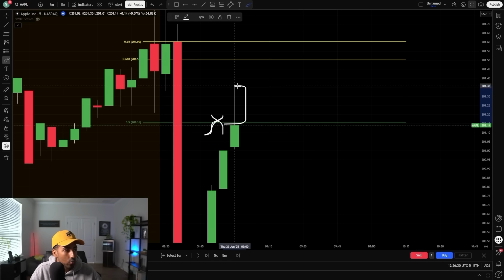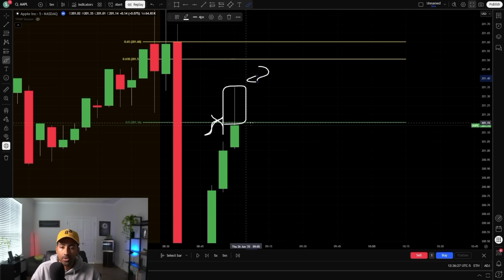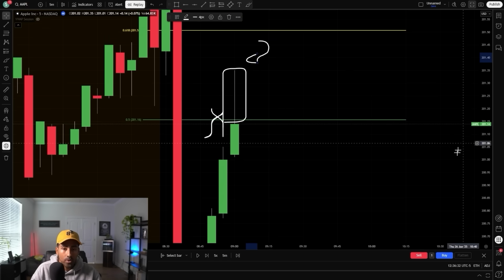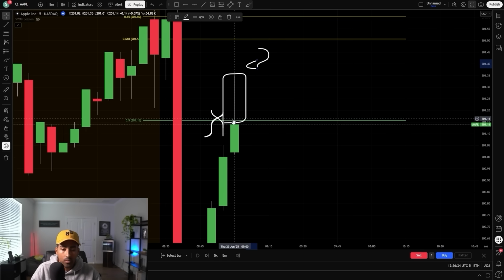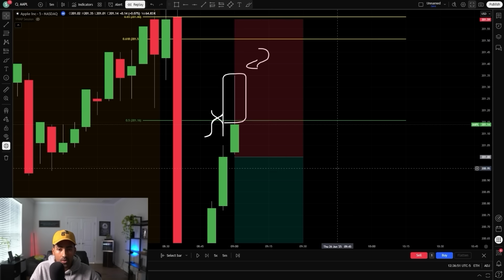Large candle wick. If you've seen a lot of my other videos, you will know this represents a lot of selling pressure, right? This selling pressure indicates that we're probably going to push to the downside. But of course, we don't want to just enter that right away. We need some sort of confirmation, a pretty large guarantee that we're going to push to that side. So what that guarantee would be for me is if we break lows after